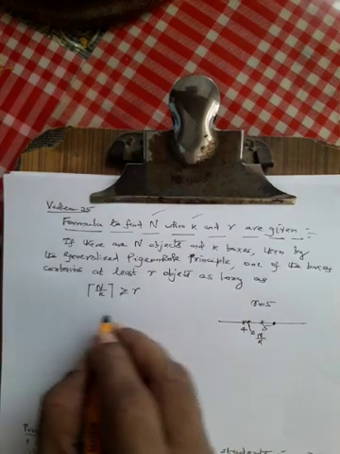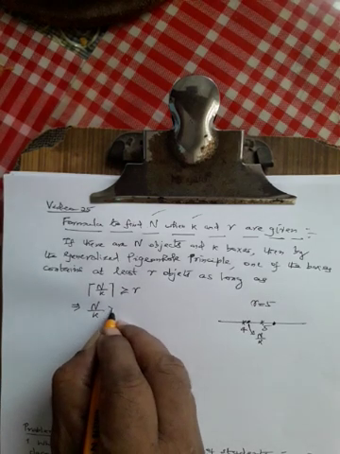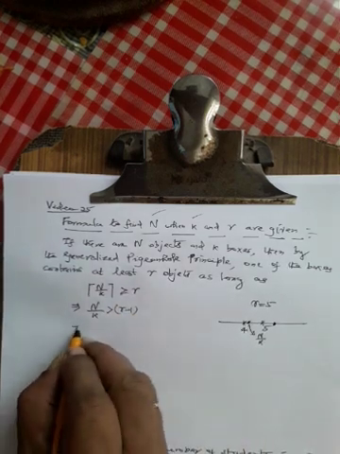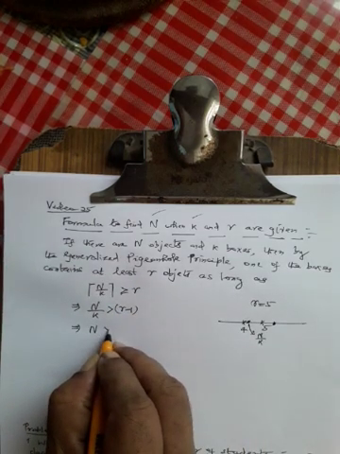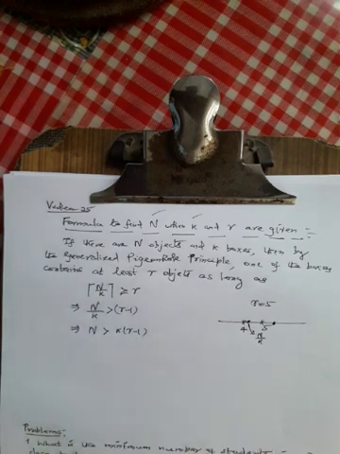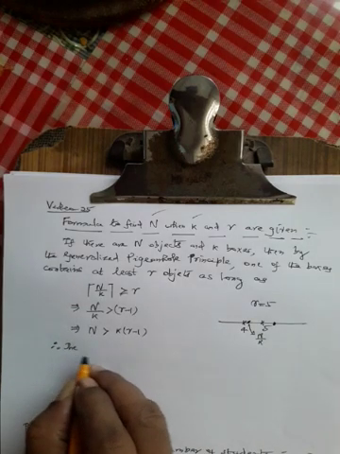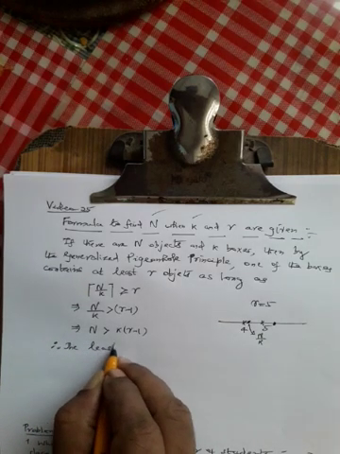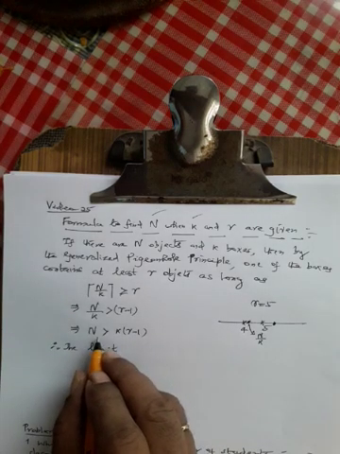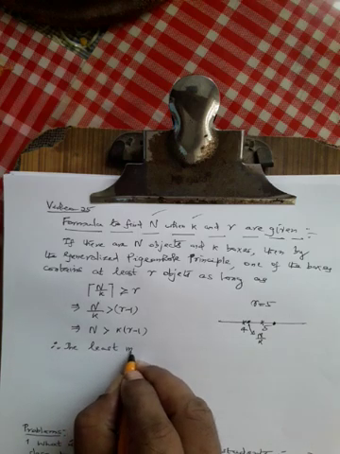4 means r minus 1, which implies n by k is strictly greater than r minus 1. Since k is a positive number, n is greater than k into r minus 1. Therefore, n is greater than this integer. So that means the least integer n,